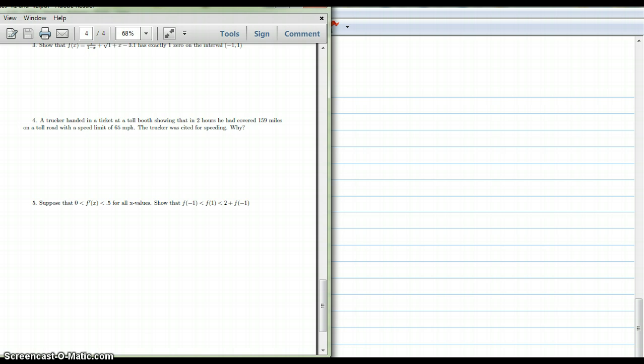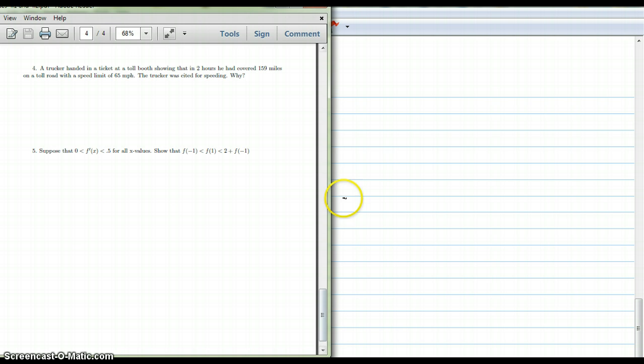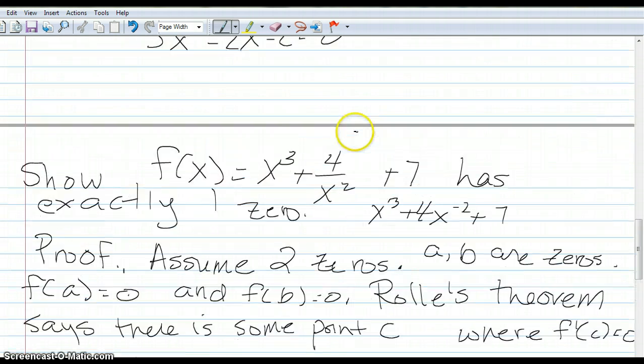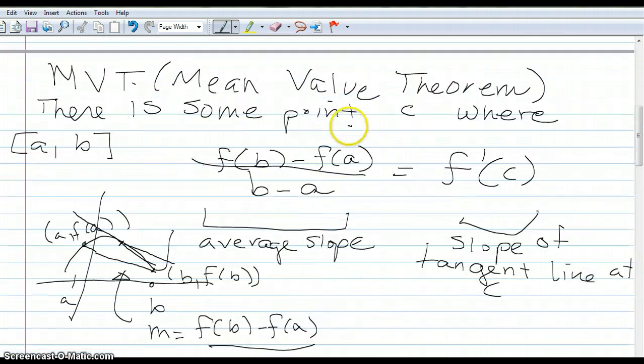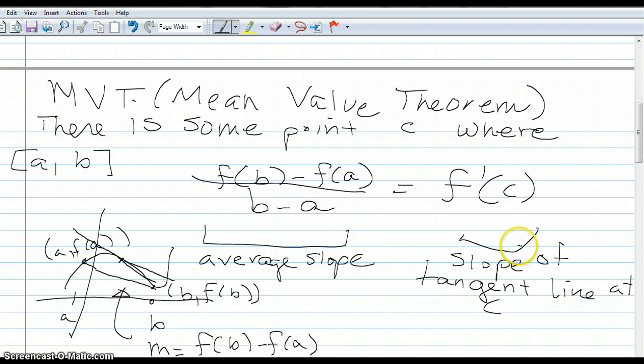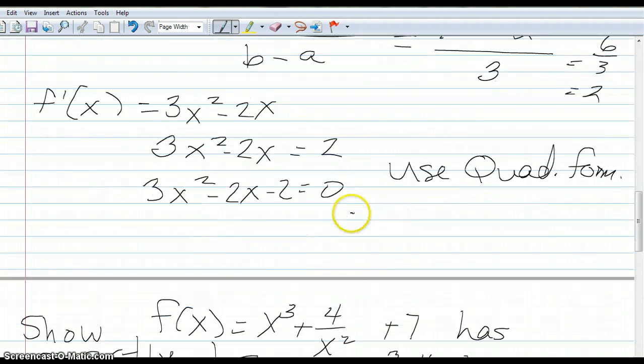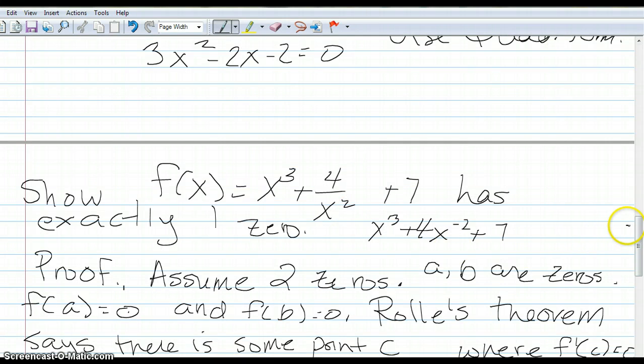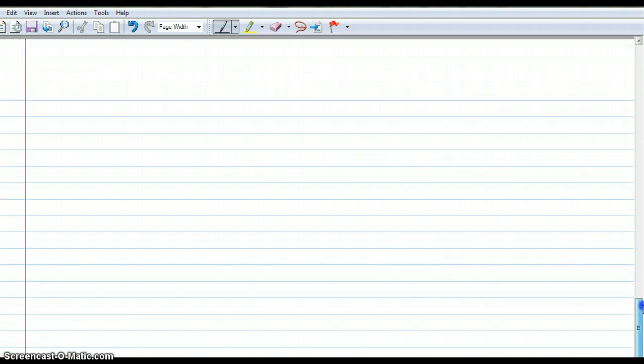Why? Remember I said the main idea of the mean value theorem was that your average slope is equal to an instantaneous slope. Now what this means as far as speeds, because speed in your car is continuous, meaning you can't just jump from like 20 miles per hour to 40 miles per hour, is that there's some point where your instantaneous speed